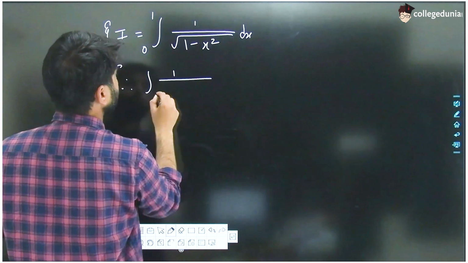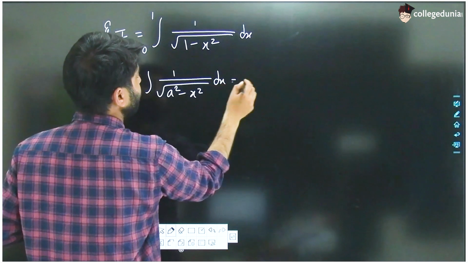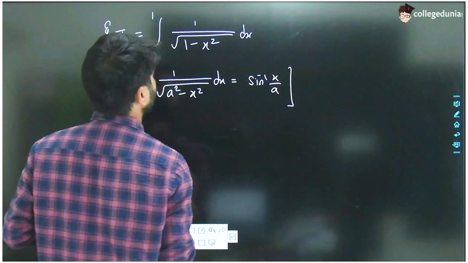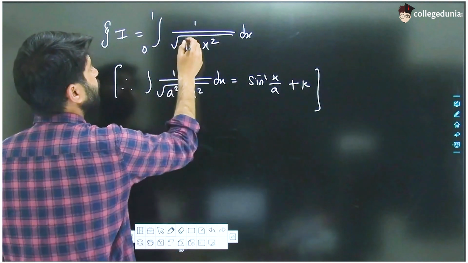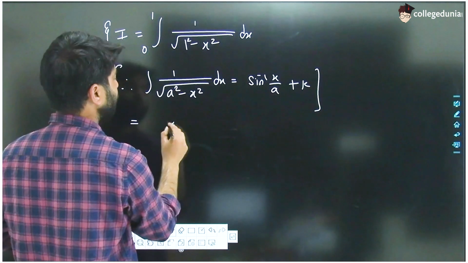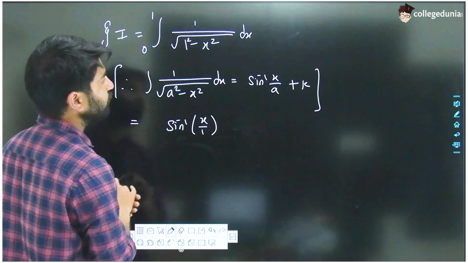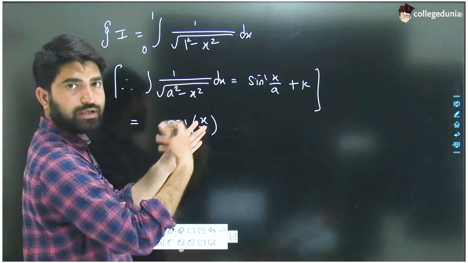One of them is root a square minus x square, and its answer is sine inverse x by a. Okay, so in this situation the value of a is 1. So its integration should be sine inverse x by 1. And there is no need to add arbitrary constant k, because you all know that k will be eliminated,